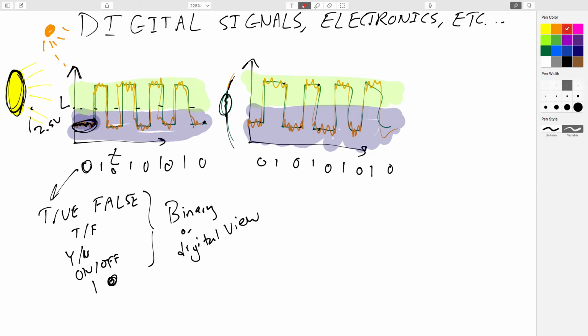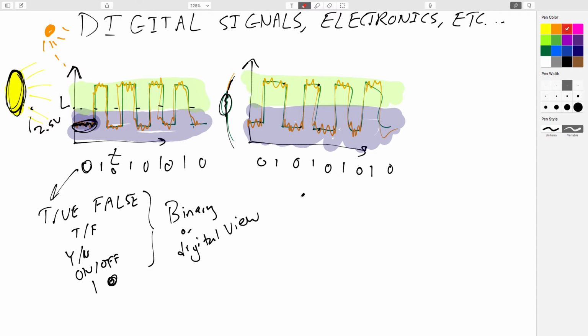Now, what's the downside of this digital thing? Is it just free goodness, or is there actually a cost? And the issue is, yeah, there is a cost. Conveying information digitally can be slower than doing it with analog. If you think about it,